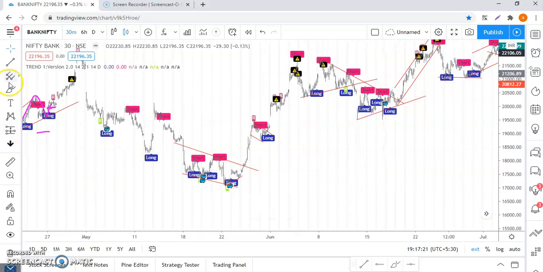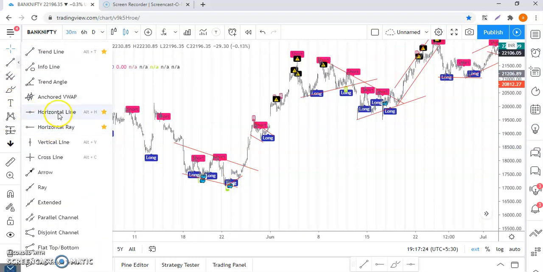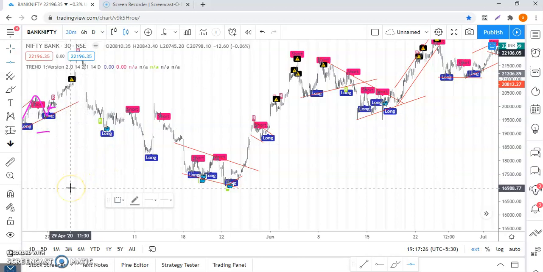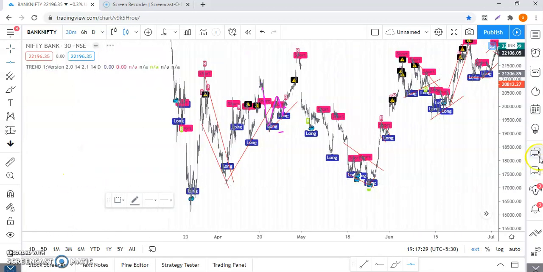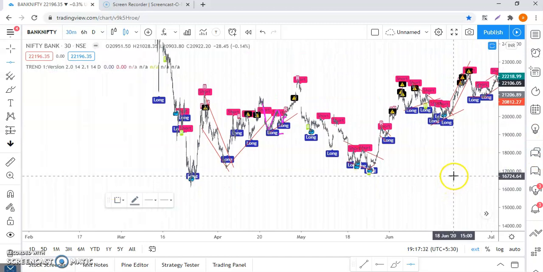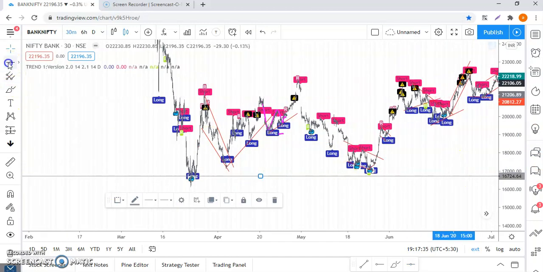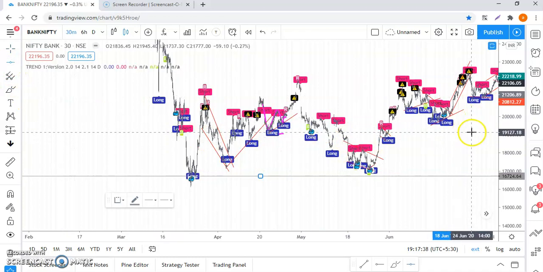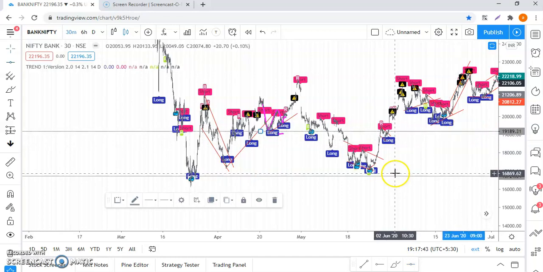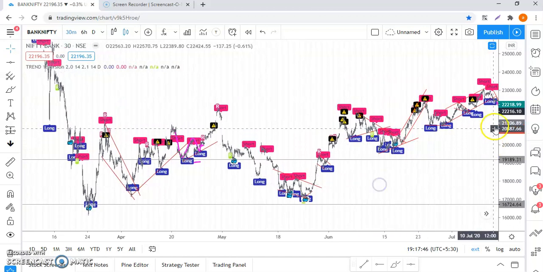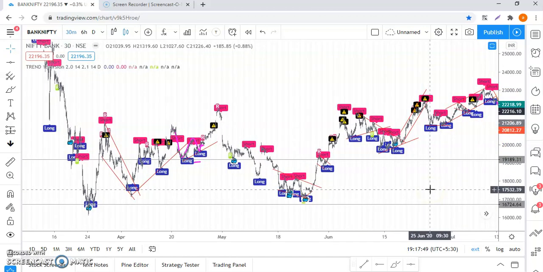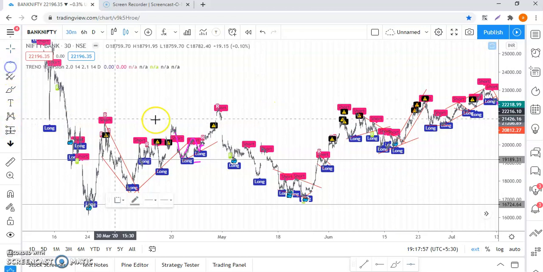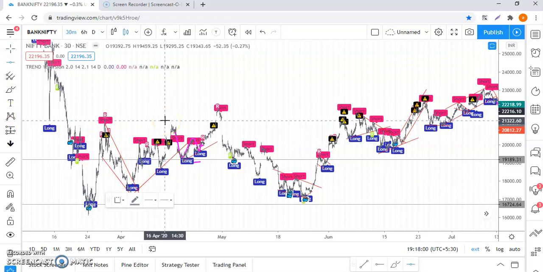In addition to that, if you start drawing support and resistance lines also, there is nobody in this whole world that can stop you from becoming profitable. Either you yourself should stop you, or your own silly mistakes should make you take a loss. Otherwise, it is impossible. If you properly trade with correct leverage and correct margin and a good risk to reward ratio, trading is very easy. It is not as difficult as people portray it.